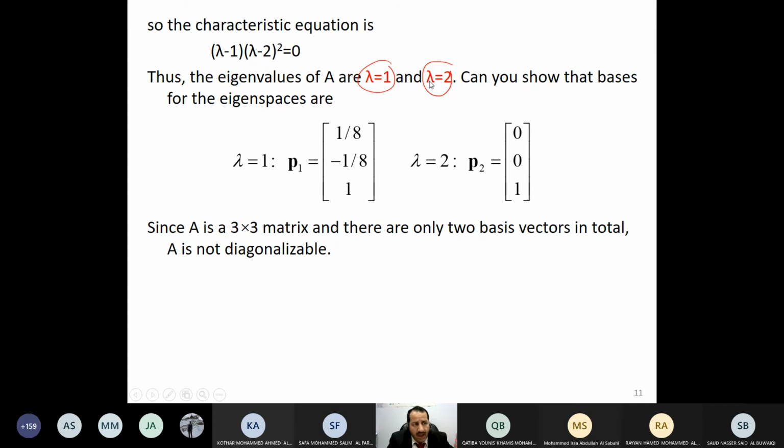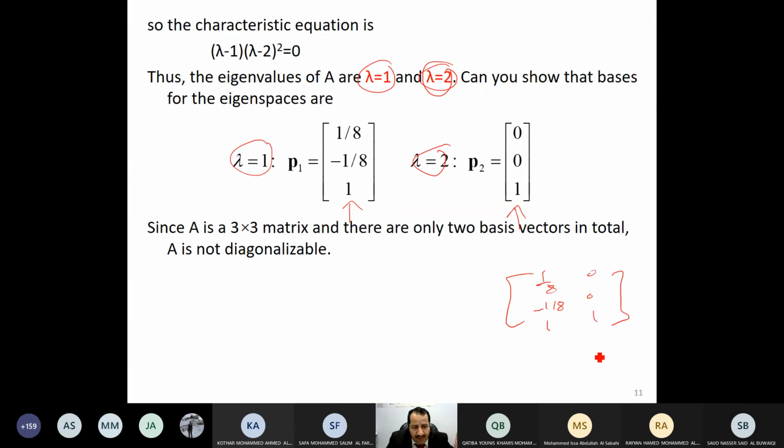I solve for the first one, I got this eigenvector. I solve the second one, I got the eigenvector. When I put them together, 1 over 8, minus 1 over 8, 1, and the other one,